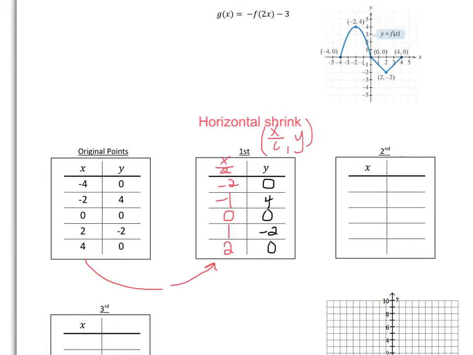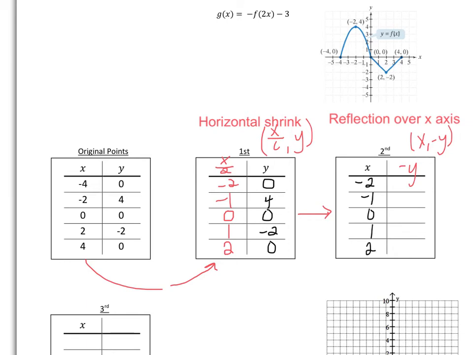So that was first. Now the next transformation that we do is going to end up being our reflection over the x-axis, since we had a negative on the outside. Whenever we're doing our next transformation, we always work from the table that we just had. So in this case, when we're doing our reflection over the x, that general form for our ordered pair is x, negative y, because again, we have a negative on the outside, so a negative outside means that we're doing that to our y. So a negative y would be in here. So our x's are going to stay what they were from the previous table. So that means this is going to stay -2, -1, 0, 1, and 2.